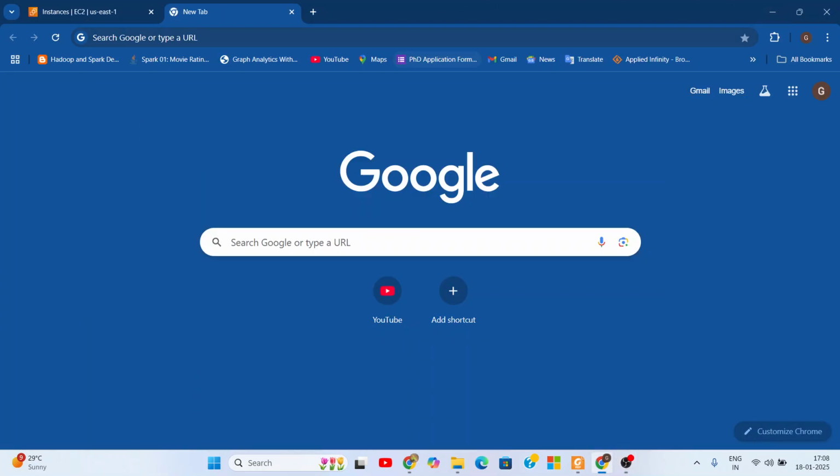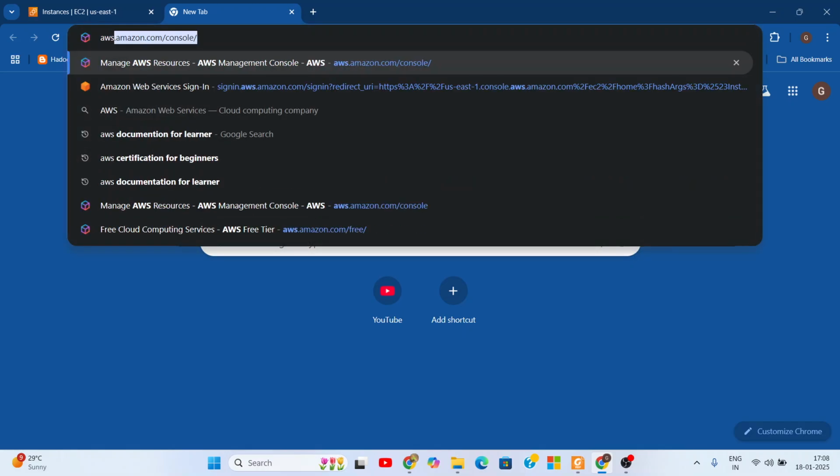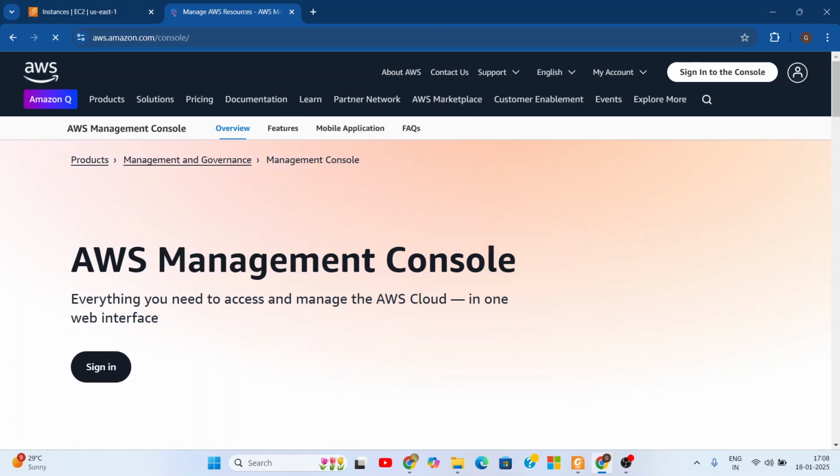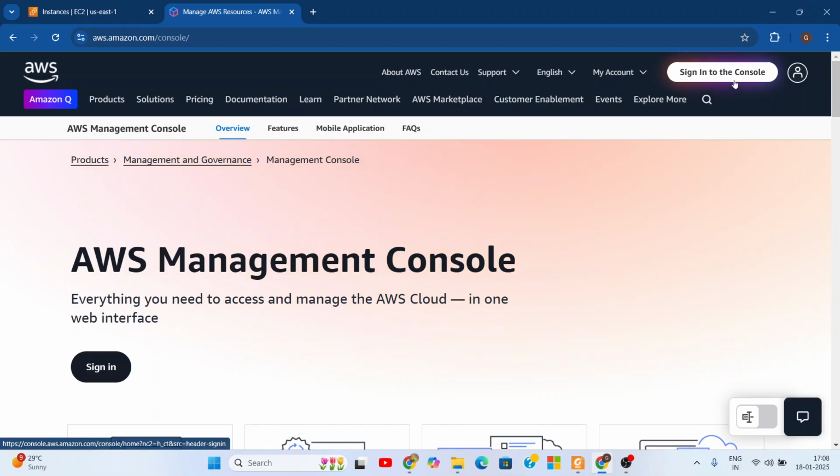नाउ लेट्स बिगन विथ अमेज़न AWS। सो सबसे पहले हमको अमेज़न वेब सर्वर aws.amazon.com कंसोल पे जाना पड़ेगा और उसके बाद हमको रजिस्ट्रेशन करना पड़ेगा। तो यहाँ पे अगर आप देखते हो तो सिंपली साइन इन टू द कंसोल, ये पर्टिकुलरली इस पे आप क्लिक कीजिए।